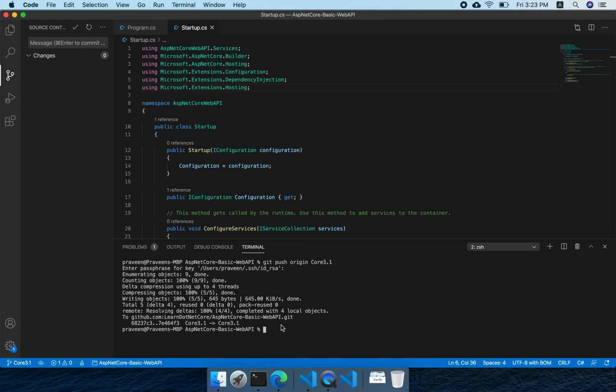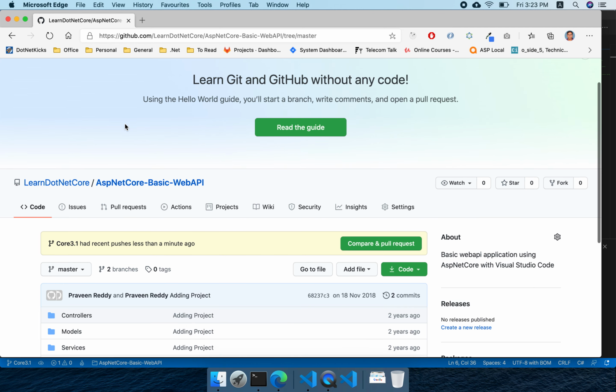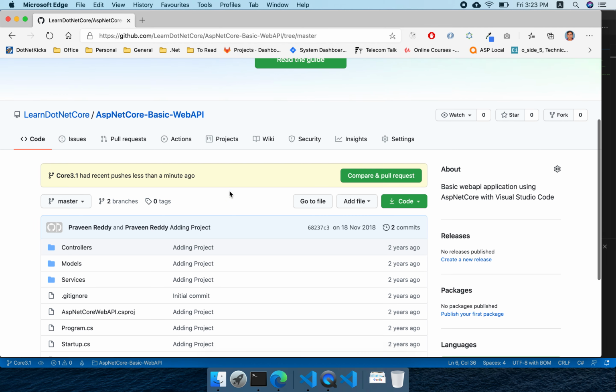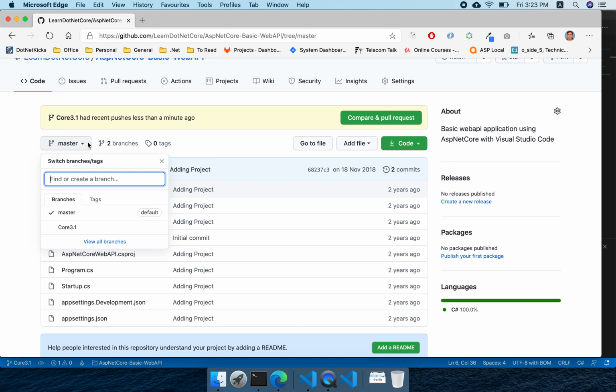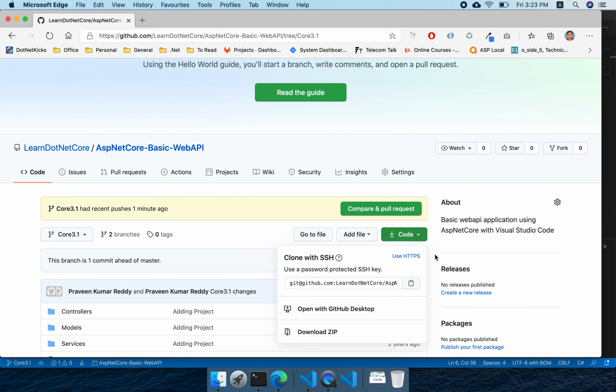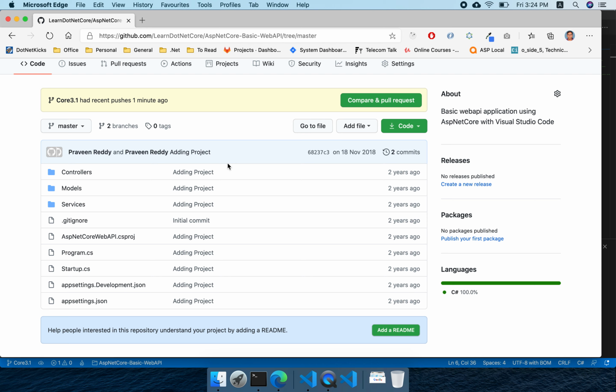Okay, I pushed the code with the branch 3.1. I mean, the branch name is code 3.1. If you want to get this code, you have to go to GitLab. I'll give the link in the description. However, I'm just explaining how we can get that. Once you go there, you can select 3.1, and then you can clone the code. This way you'll get the 3.1 code changes, whereas if you go from master, you would be getting the older code, that is the 2.2 framework.